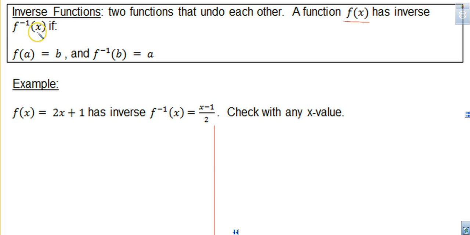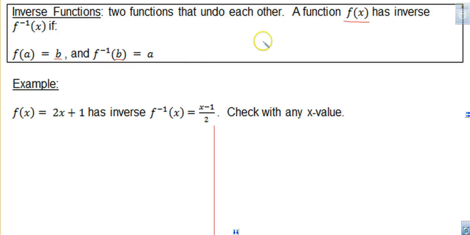If you put a value of a into the original function, you will get some result b, just like when I put 22 into my function, I got the result of 30. If you then take that result and put it into the inverse, you should get the value that you started with. Now remember that the inverse of a function is not necessarily a function itself,